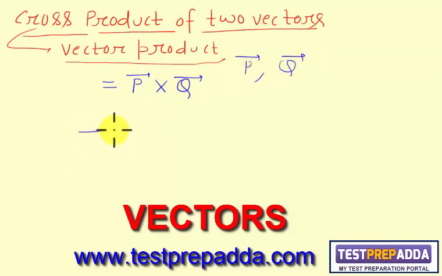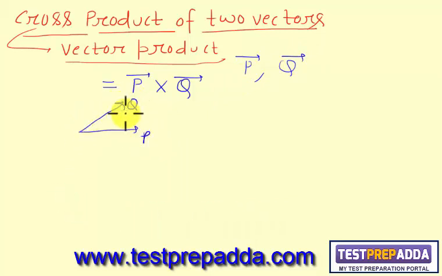If I take two vectors P and Q in this manner, and theta is the angle from P to Q, theta is the angle between the tails of the two vectors. The definition of this cross product is